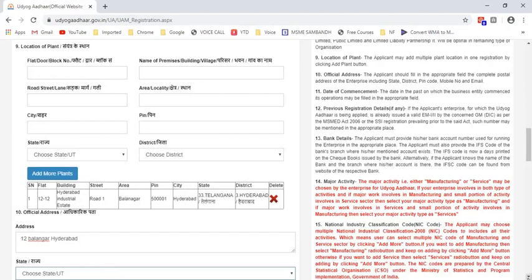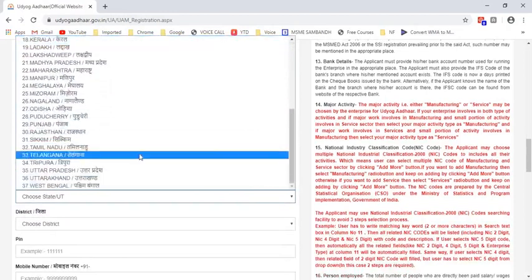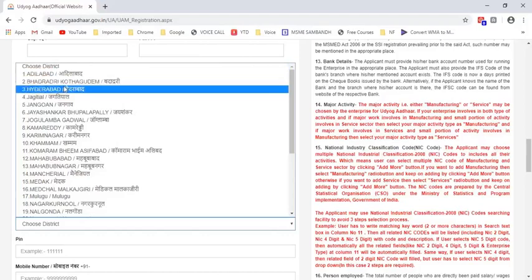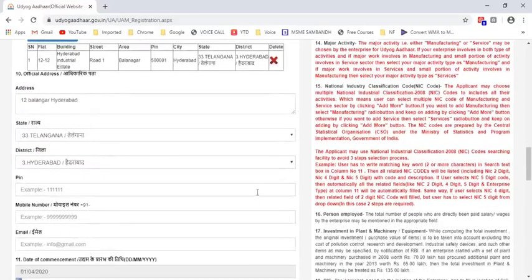Here choose the state. I am choosing Telangana here. Then district, again Hyderabad. Pin code, mobile number, email ID.